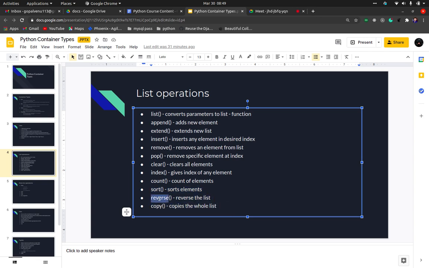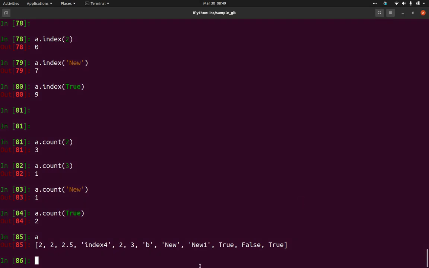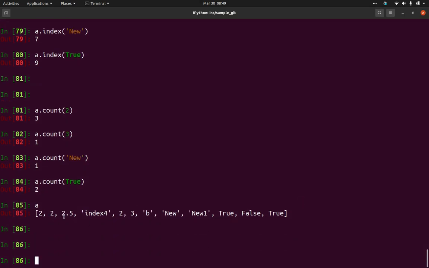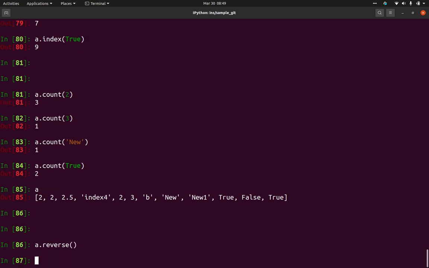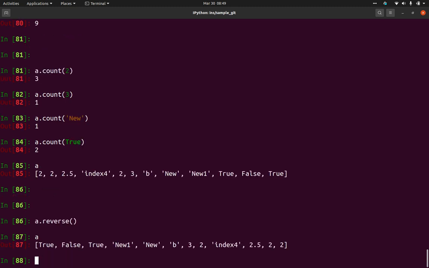There is this reverse method. I will discuss sort later; sort will not work for this particular list. Let's discuss reverse. Reverse will just reverse the elements. We already have positive indexing and negative indexing, right?